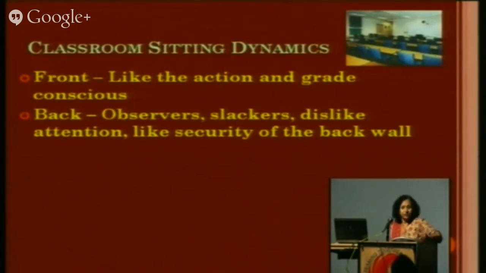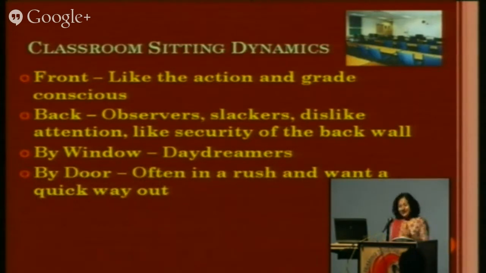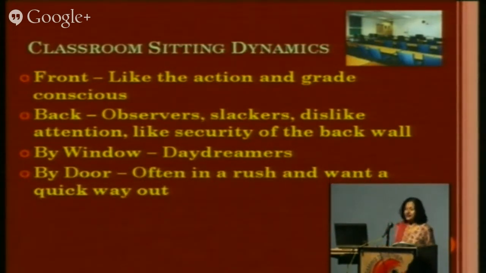ये चीजें बहुत कंपल्सरी हो गई हैं। स्कूल्स में वो रोटेशन करते हैं कि हर स्टूडेंट को पीछे भी जाना पड़ेगा, वो आगे भी सीट्स में बैठे। So then there are by window, कई होते हैं खिड़की की जगह पसंद करते हैं, विंडो साइड पे बैठना है। ये डे ड्रीमर्स हैं, खिड़की में देखेंगे, अच्छा वो हो रहा है बाहर, अच्छा लगता है। Then there are डोर के पास, ये है जो आप कह रहे हैं भागने वाले। ये चाहते हैं कि कब टीचर बोर्ड को देखे, अटेंडेंस तो लग गई है और कब हम भाग लें। अब देखो, सिटिंग अरेंजमेंट बोल रहा है।